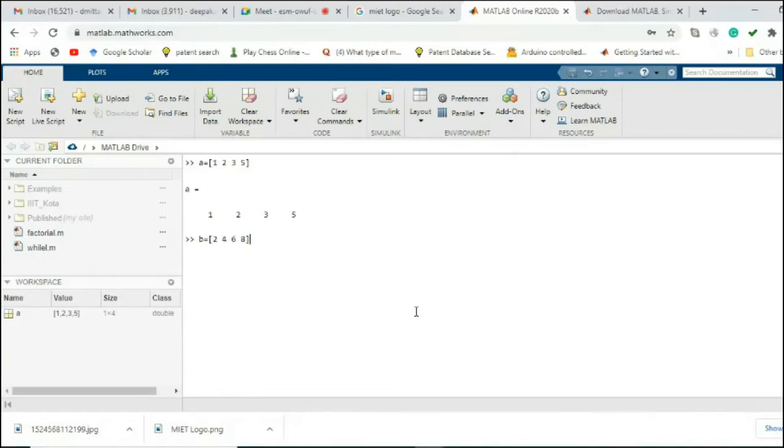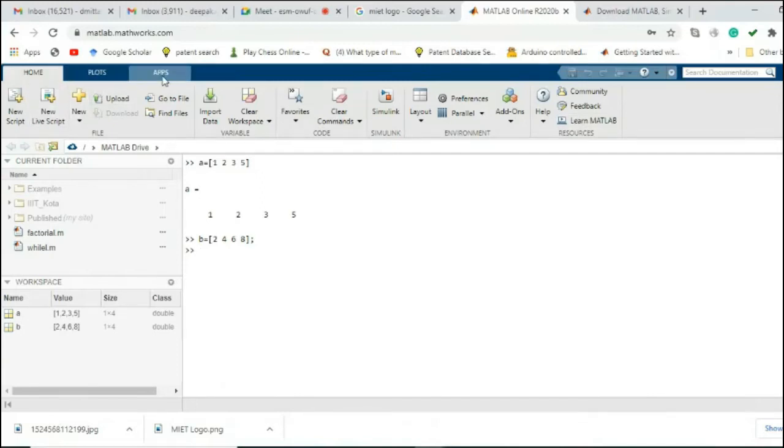Okay, but this time we use a semicolon at the end. The result of the matrix is not seen in the command window, but the variable is visualized in the workspace. The meaning is this: the output will not be seen in the command window if we use the semicolon at the end, but the variable will be defined in the workspace. Okay, so this is a complete interface of MATLAB, and you can find all the tools in this window,